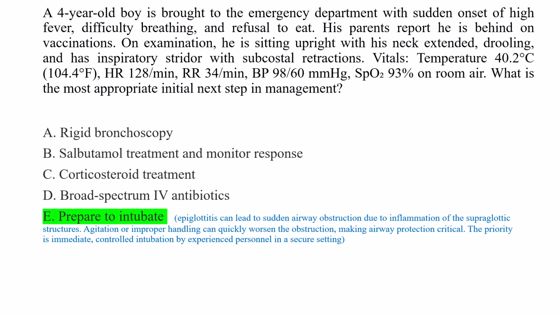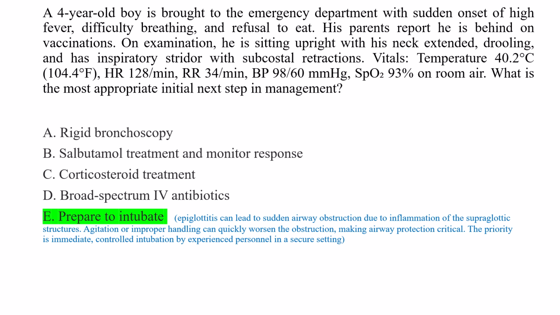The correct option here would be E, and that is because the primary concern in epiglottitis is sudden airway closure due to inflammation and edema of the supraglottic structures, particularly the epiglottis and the aryepiglottic folds. The airway can rapidly progress from partial obstruction to complete obstruction within minutes, especially if the child becomes agitated or is handled improperly. Therefore, the most appropriate and urgent step in management is to secure the airway immediately,